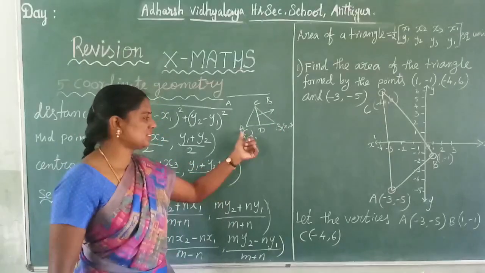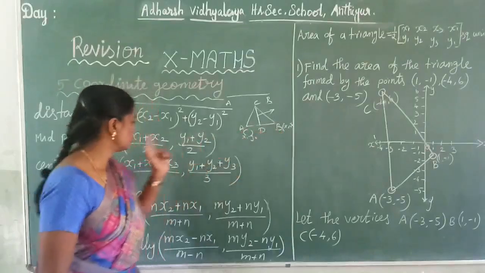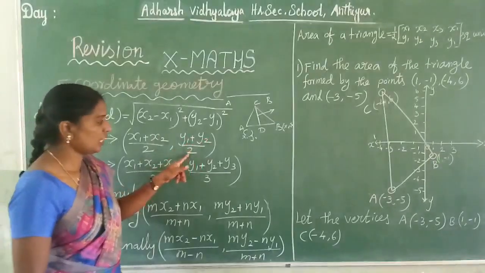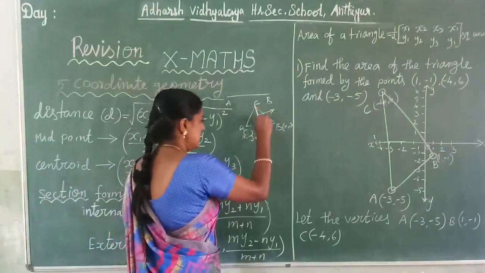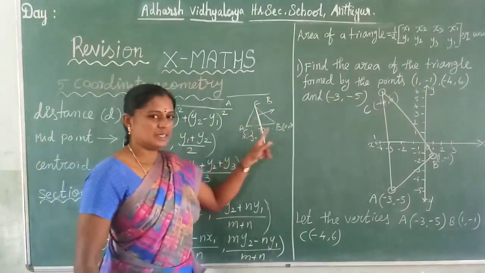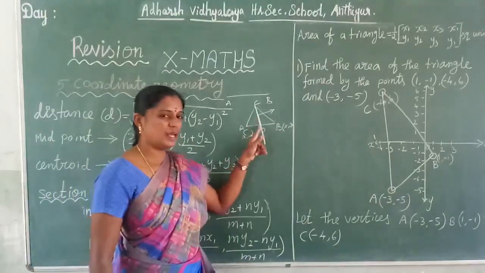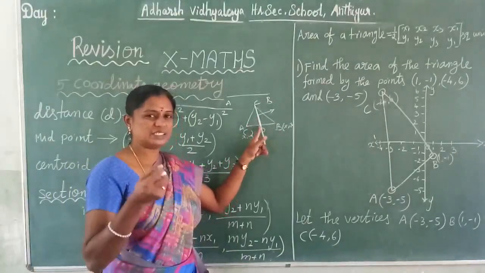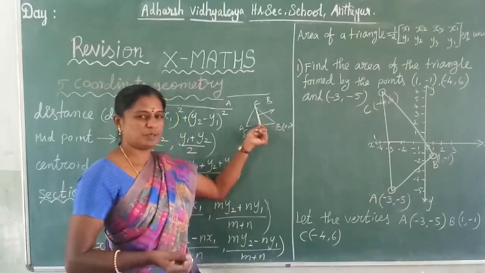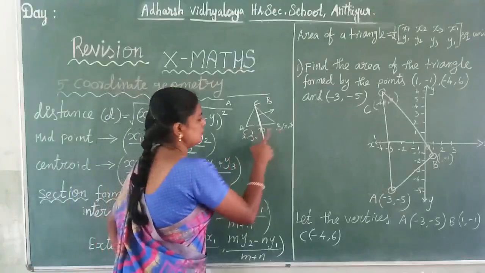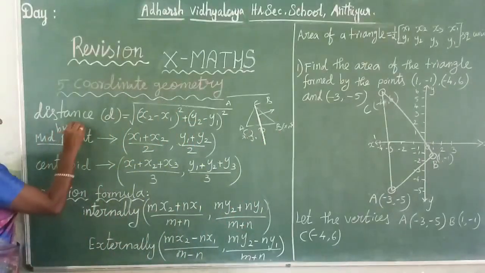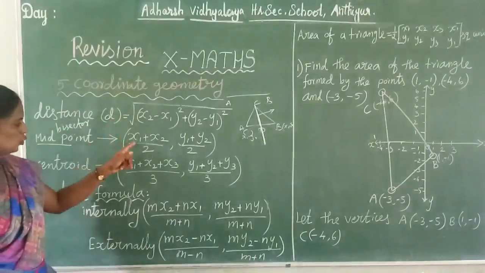Here D is the midpoint, which means the midpoint of AB is x1 plus x2 by 2 comma y1 plus y2 by 2. Another name is bisector. CD is the bisector of AB means that here also we apply the midpoint. Bisector means center. This line intersects at the center. Center means midpoint. So that time we apply this formula. So midpoint arises for bisector. So these are the 2 mark questions.